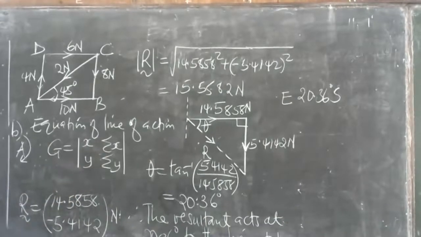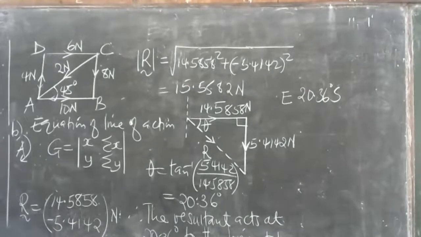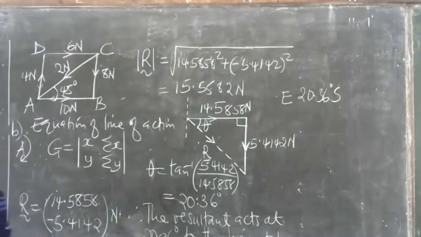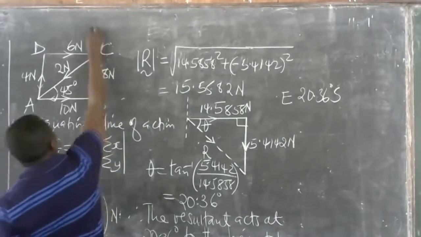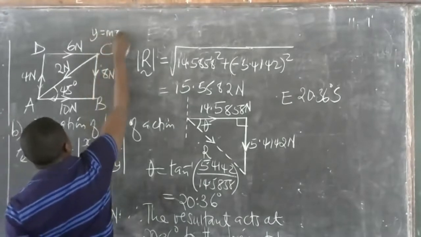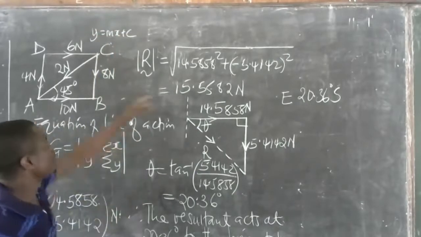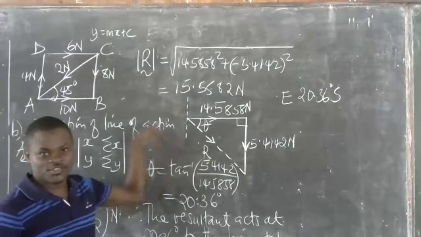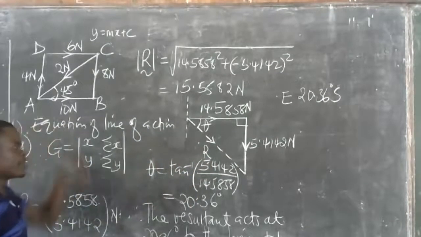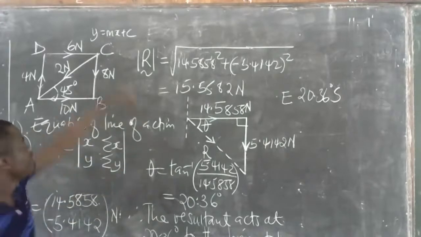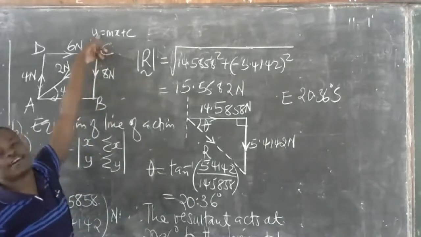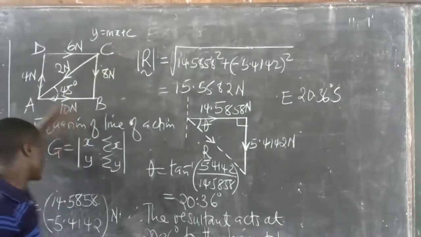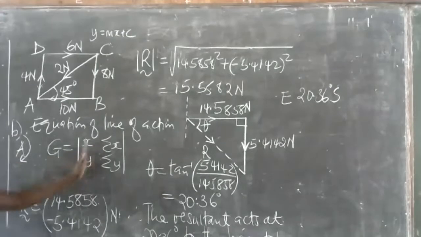Is it John? I was talking about the straight line. The straight line y is equal to mx plus c. You see this resultant, the dotted line here, is a straight line. That's why we are talking about its equation. Equation of a straight line. This equation should be in the form y is equal to mx plus c. So we need the variables x and y. They are given by the first